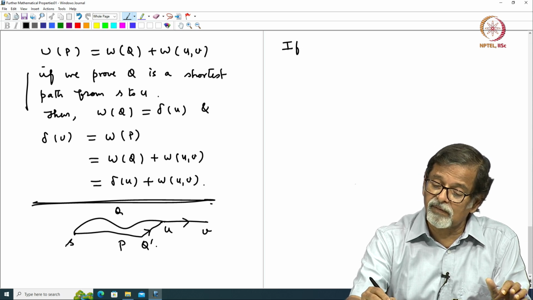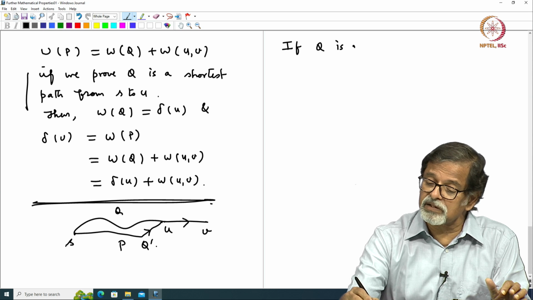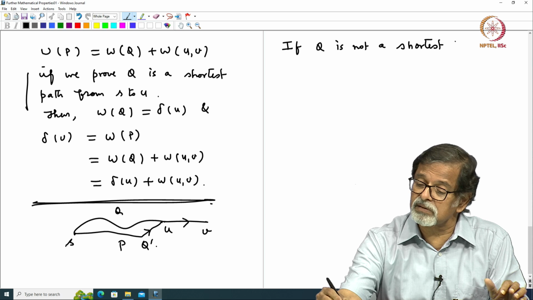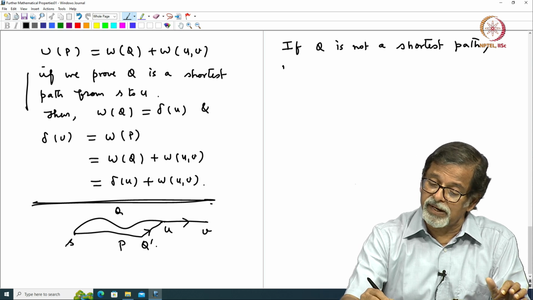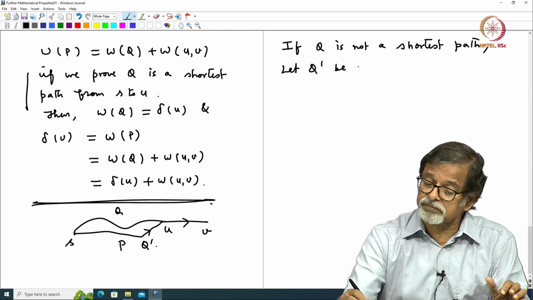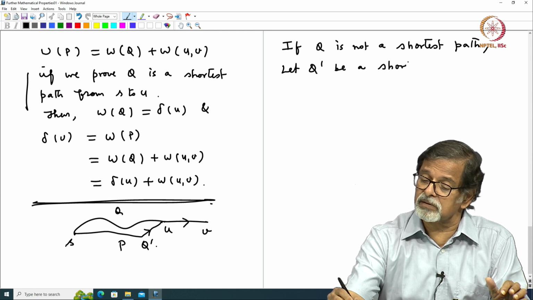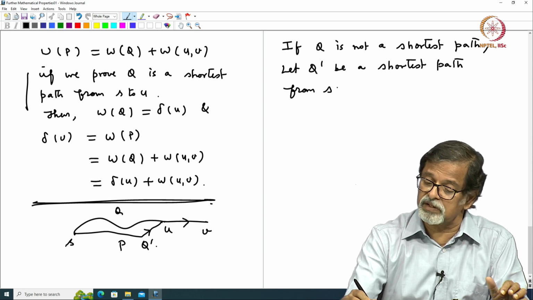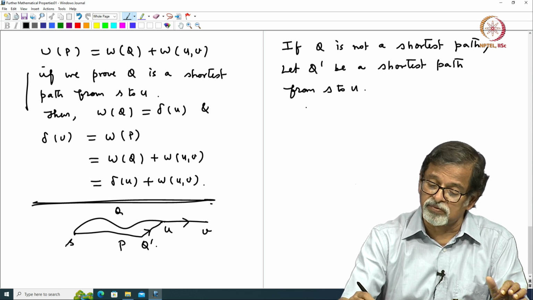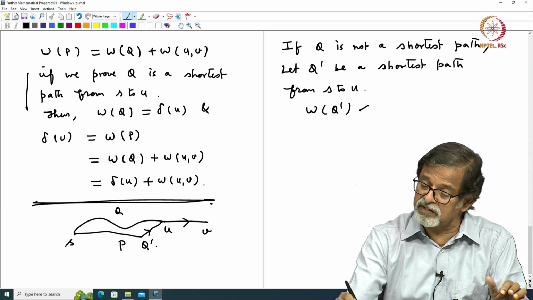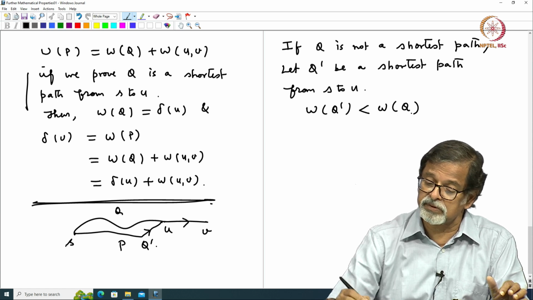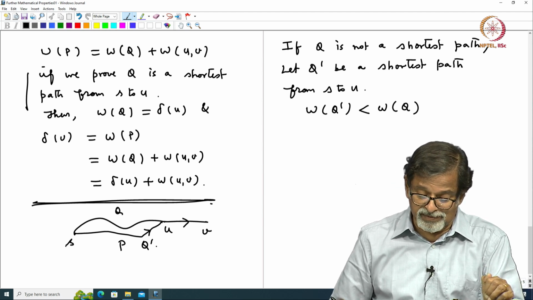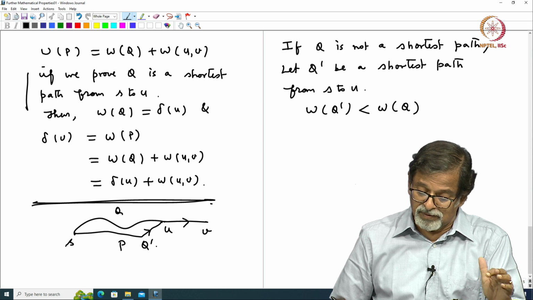If Q is not a shortest path, let Q dash be a shortest path from S to U. Therefore, weight of Q dash is less than weight of Q. Now consider the following cases: